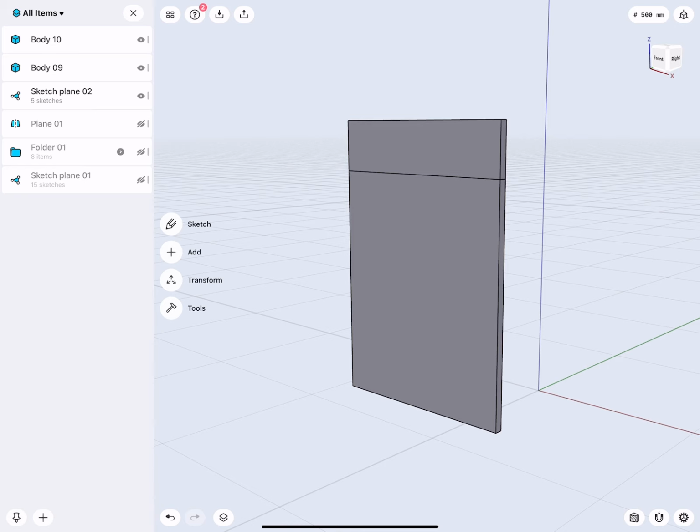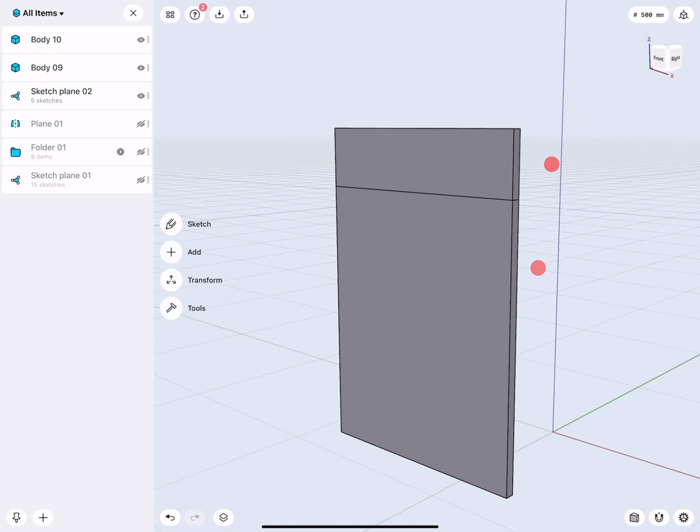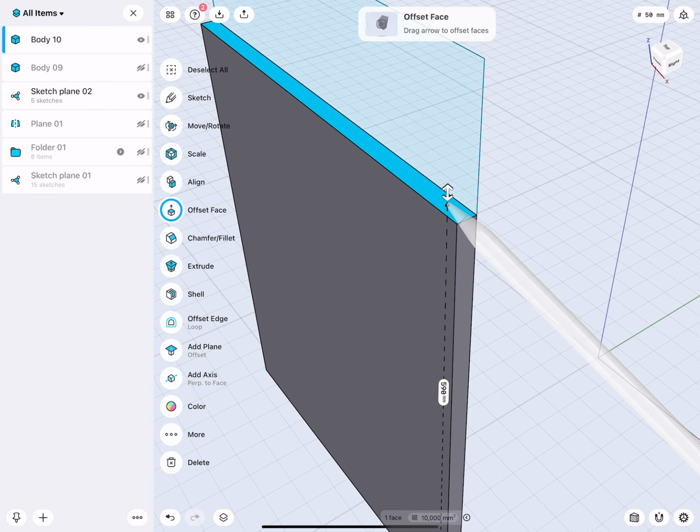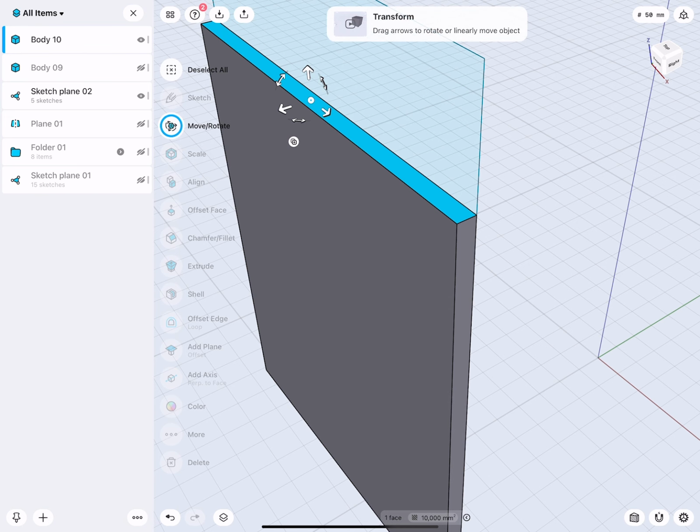Now, based on how this opens, is it just a drawer? Is it a door? We need to add a little bit more clearance. So here, I would like 2 millimeters to go down.